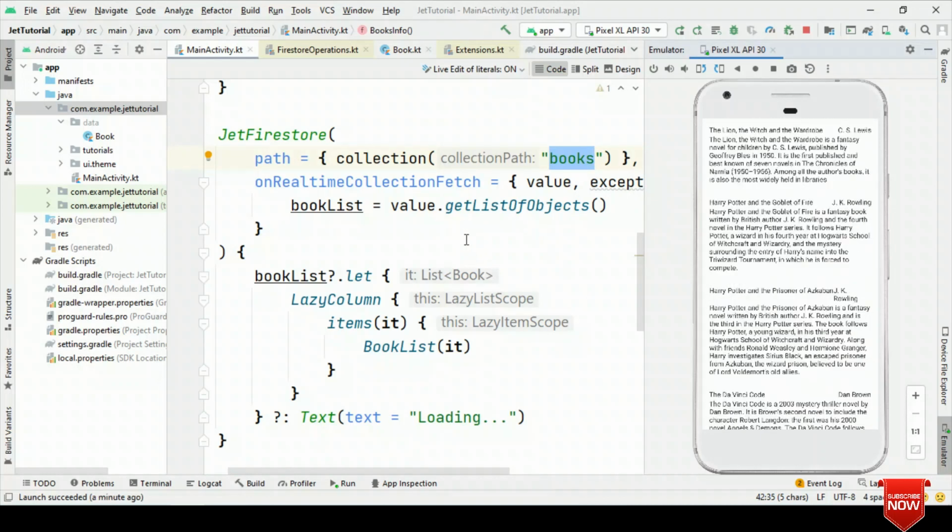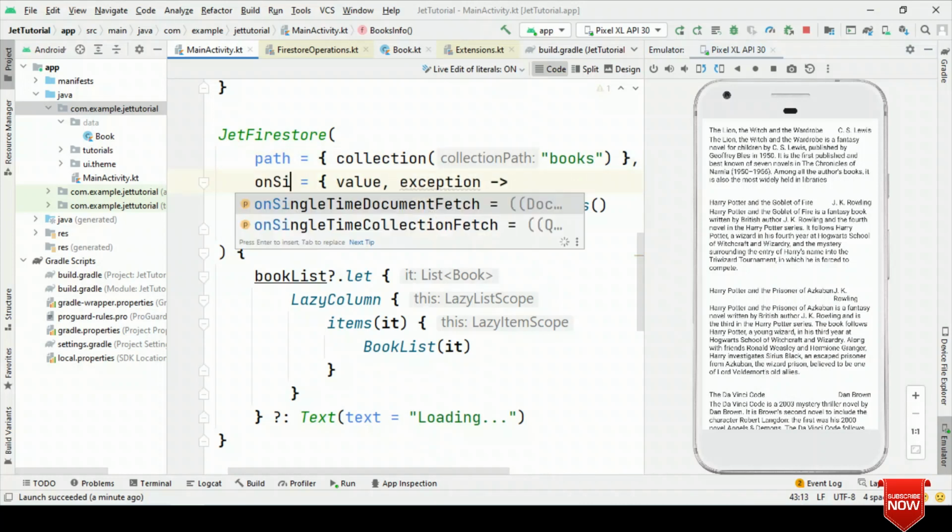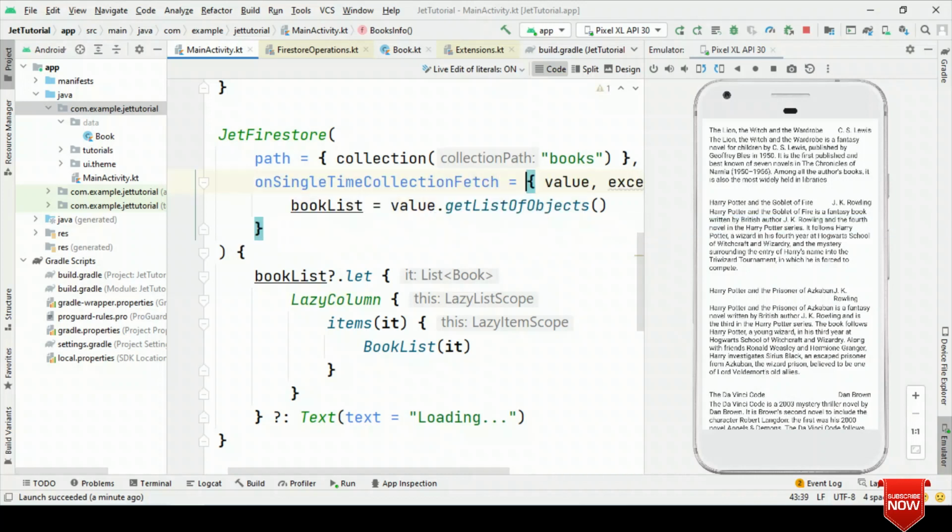If we do not want this behavior, we just want to fetch for a single time, then the only change which you need to do is, instead of calling on real-time collection fetch, you can say on single time collection fetch. That's it. Now with this, it doesn't matter whether the content is getting updated or not. Once it fetched from Cloud Firestore, then you'll not see the content getting updated until this composable is called once again.